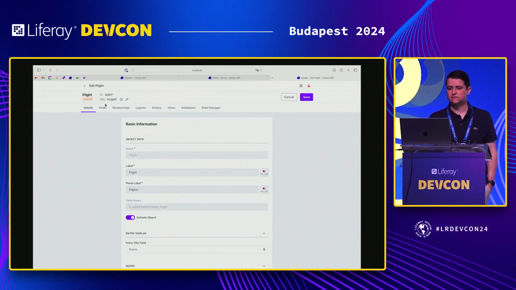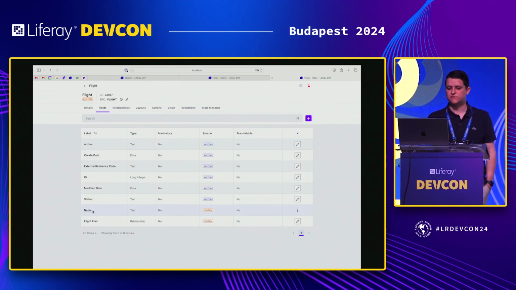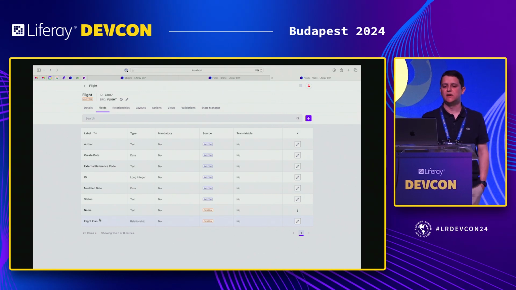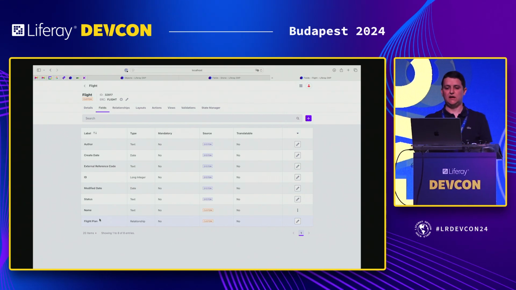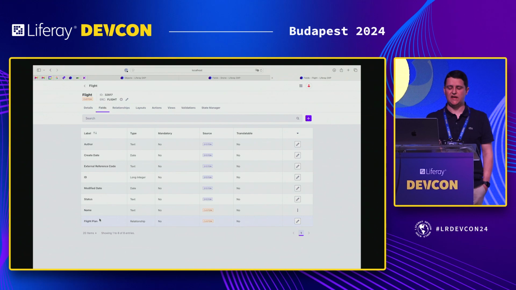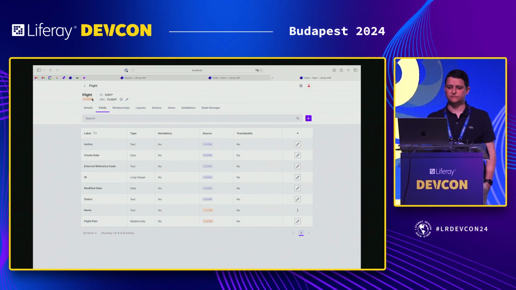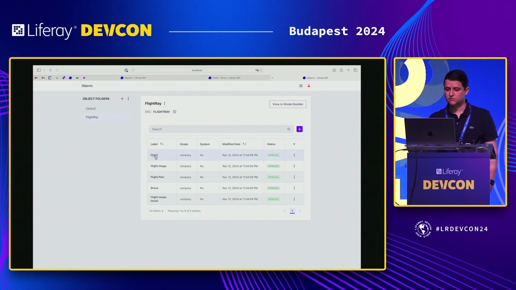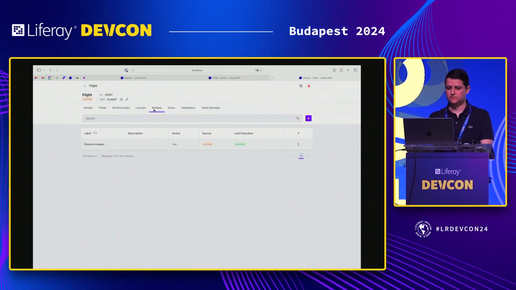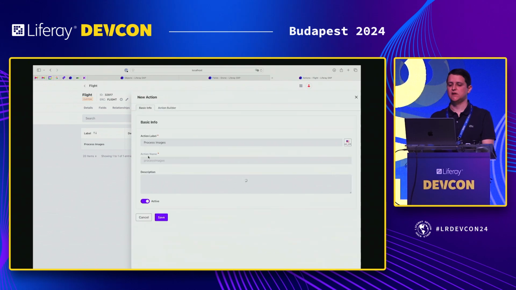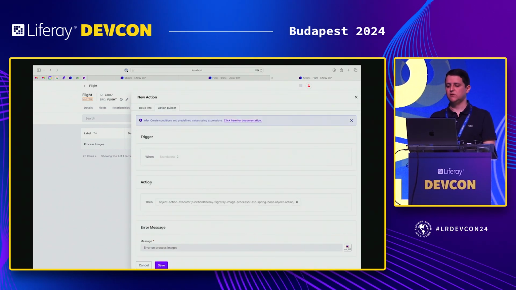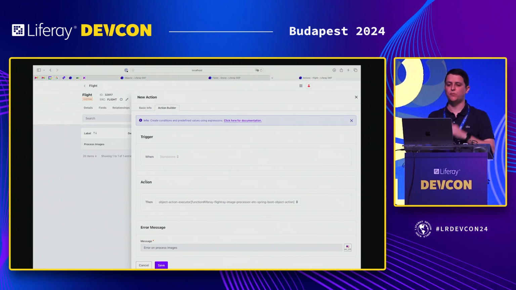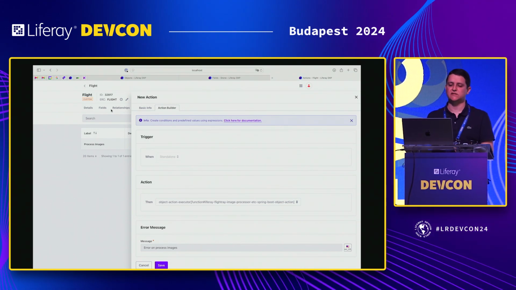The flight. There are two basic fields, the name of the flight and the flight plan, another one-to-many relationship. A flight plan has many flights. And in flight, there's another action too, to process images. It's a standalone action. We click on that button, we will trigger that client extension, you process the images, all images from the flight.